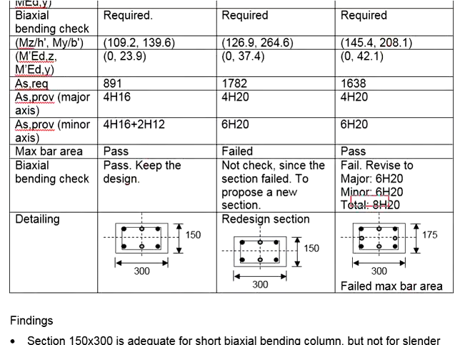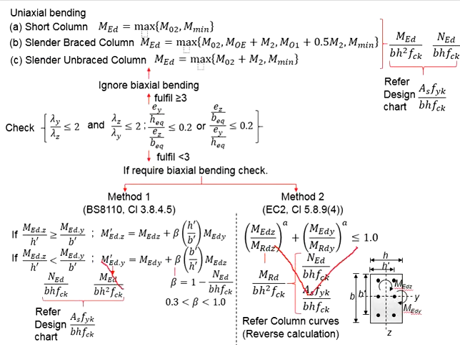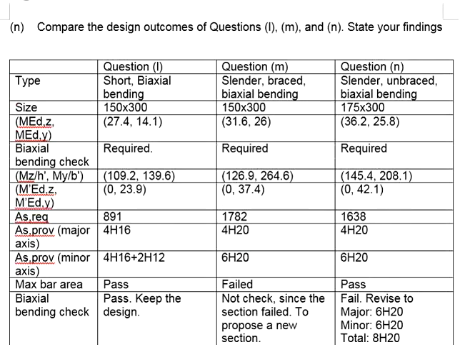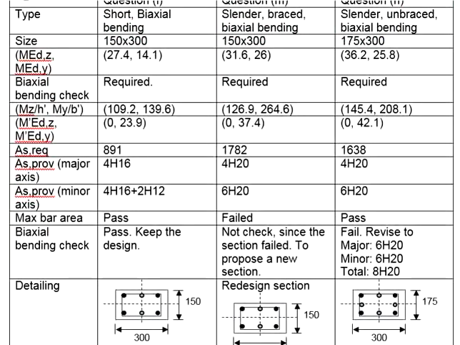However, having the reinforcement proposed, make sure we do checking in terms of the maximum bar areas, which in this case, even though you pass both methods, the required amount of reinforcement bar has already exceeded the maximum bar area. This gives you an idea that the column section is too small, which you need to increase the section size. With that, by comparing these 3 examples here, we gain in-depth understanding regarding the design of column subjected to